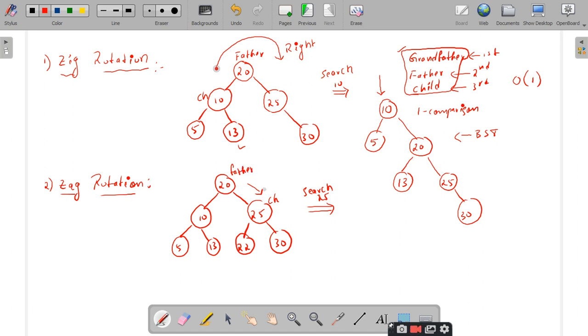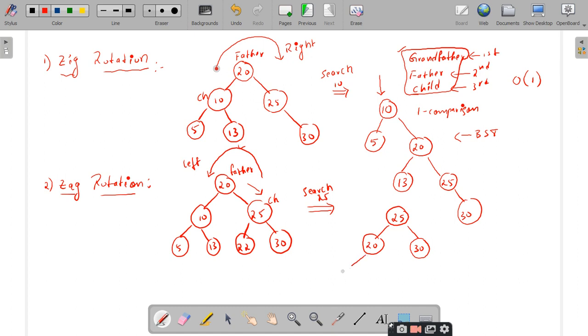Right. So since the child is attached as the right child of the root node, we have to perform a left rotation in order to make this 25 the root node. Is it clear? Now tell me what happens to the root node. 25 is the root. What is the right child of 25? It remains 37. What is the left child of 25? It is 20.